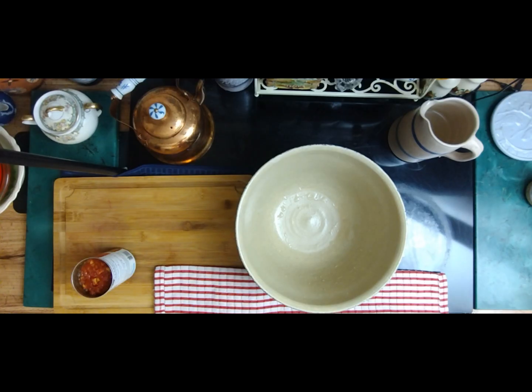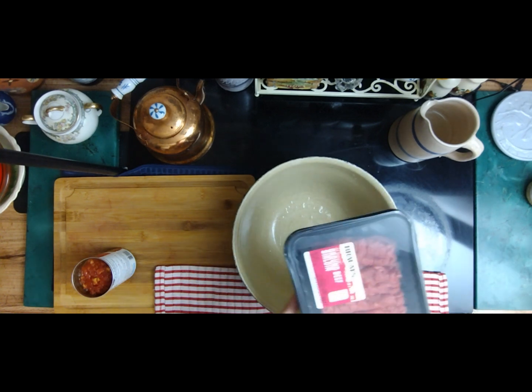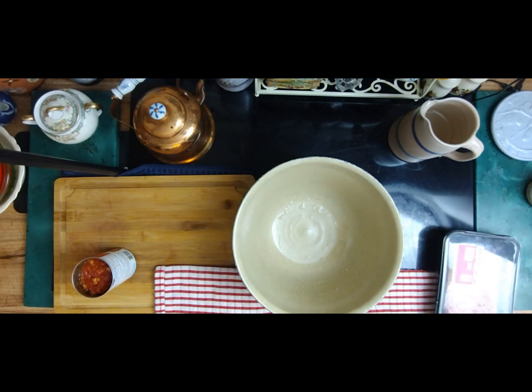Morning, everything's raining today. I'm just gonna make something really simple. I got this ground beef sirloin, and we're going to